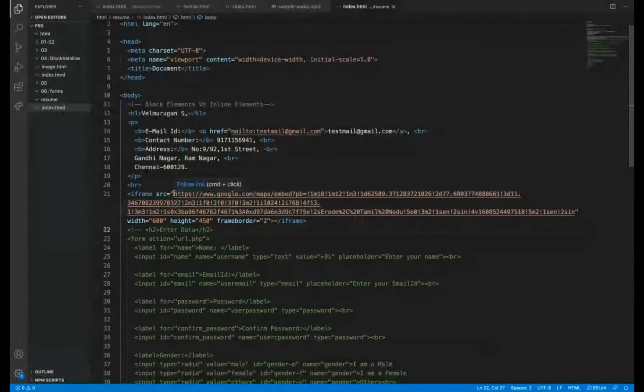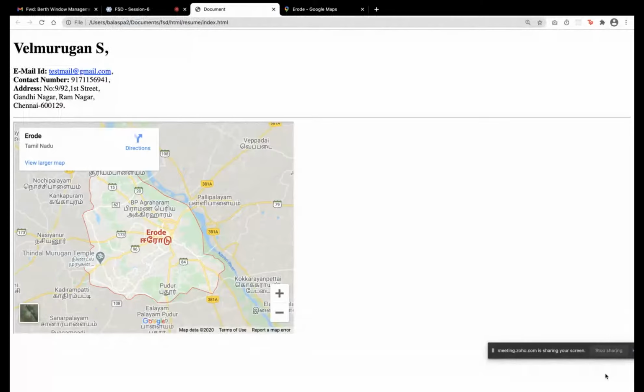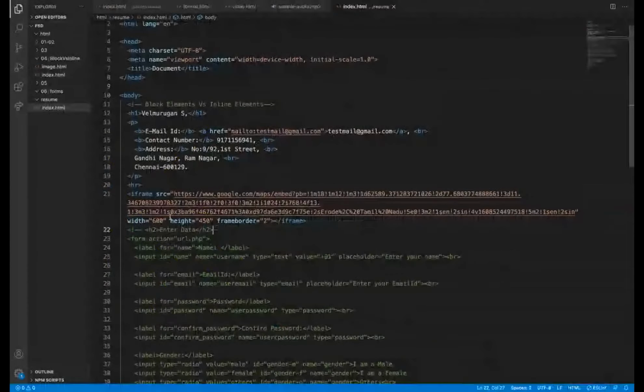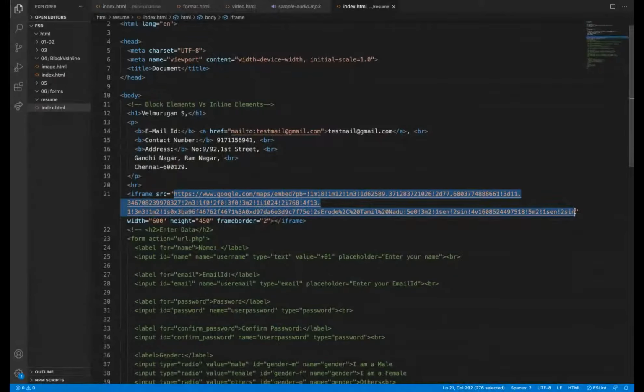So mainly, the main purpose we will use it for is embedding a map, then a Google form, and some other forms. Sometimes a chatbot will come from there, because not everyone develops a chatbot from scratch. They provide the same kind of source, and we just copy and paste the source into it and it will appear.